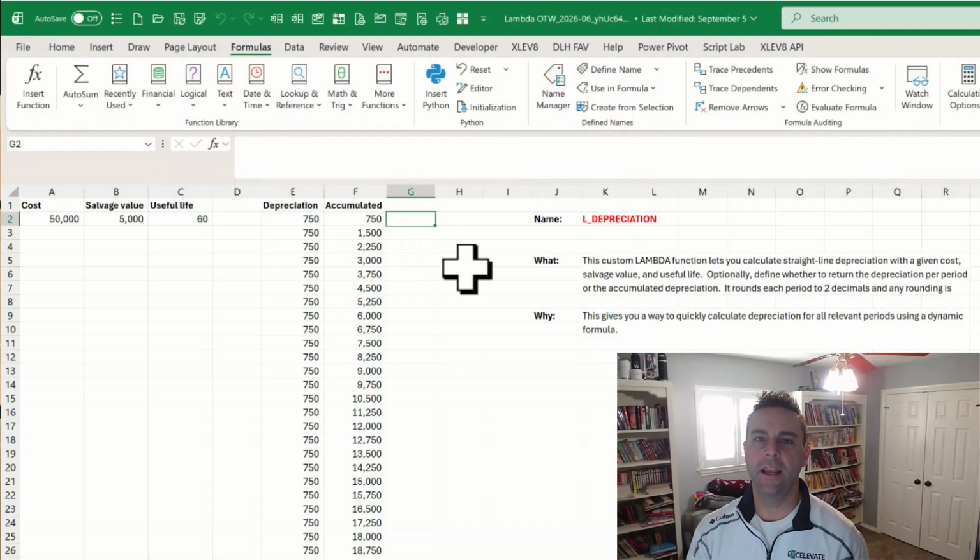Howdy, I'm Derek, and in this episode of Lambda of the Week, we're covering a custom Lambda Excel function called